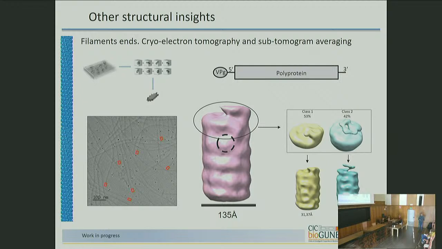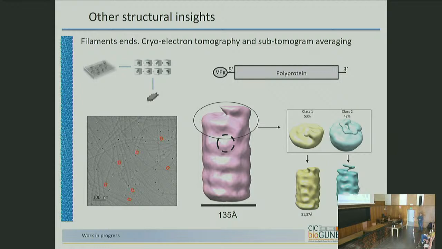Of course, we did classification using more classes because you may have broken filaments and you are not aware. At the same time, I have to say that we prepared those samples for tomography the same day as the purification. We just prepared viruses without storing them anywhere, and made the grids, trying to improve the number of real ends in the sample. And when you do classification, it doesn't look like there is anything capping. It's like the helix has a stop at some point, and that's it.